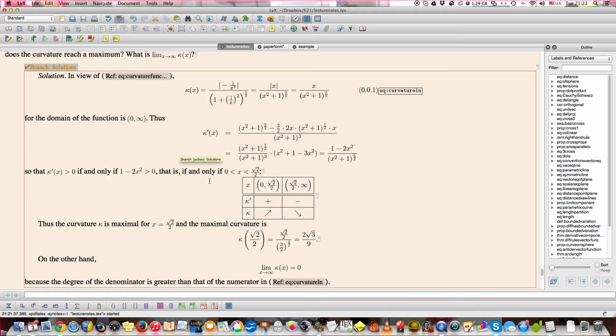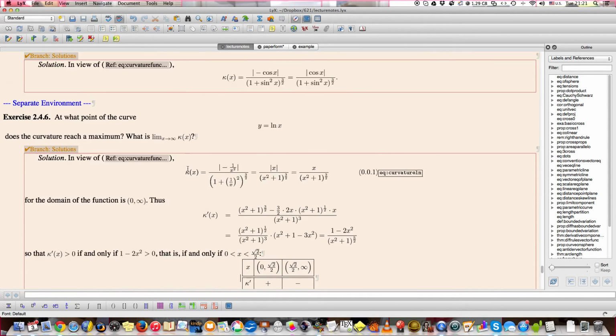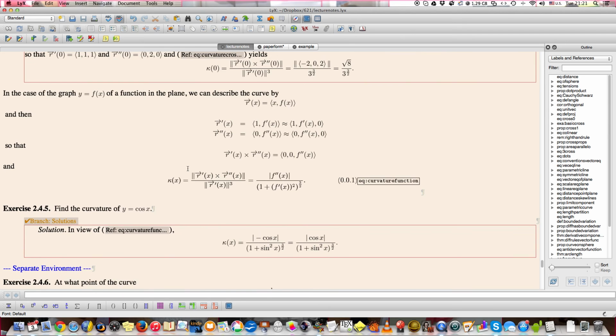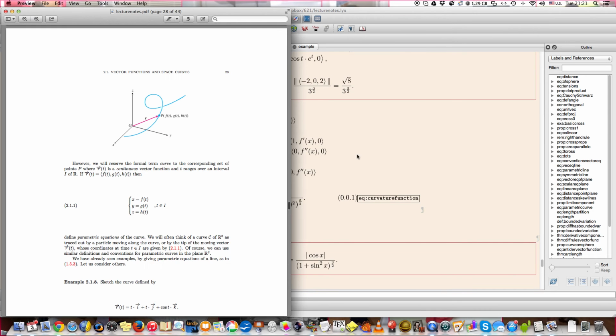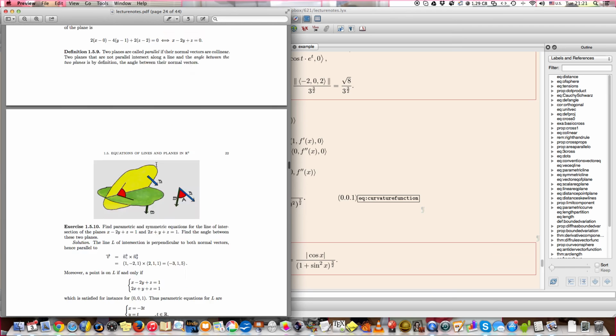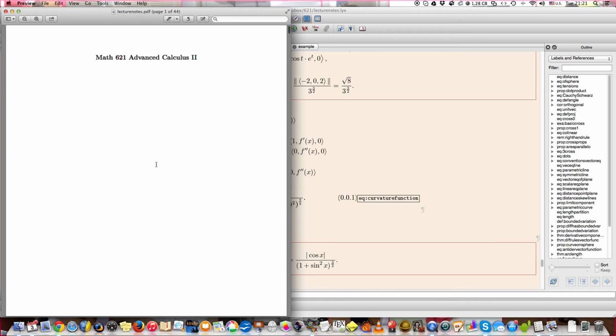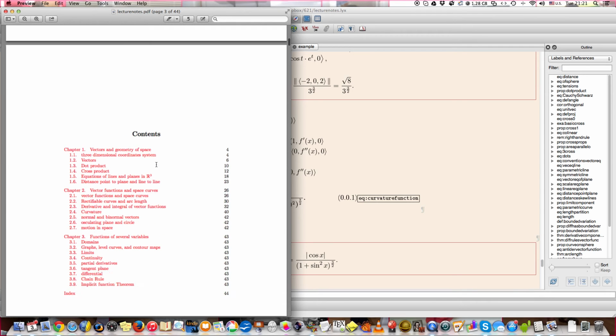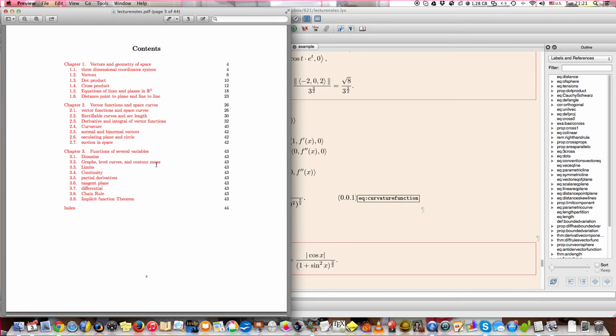So while it's generating the document, of course it takes a little bit more because it's a larger document. You see, okay, here we go. So let me go to the first page first. Okay, so you have a title page, and then a table of contents with links to